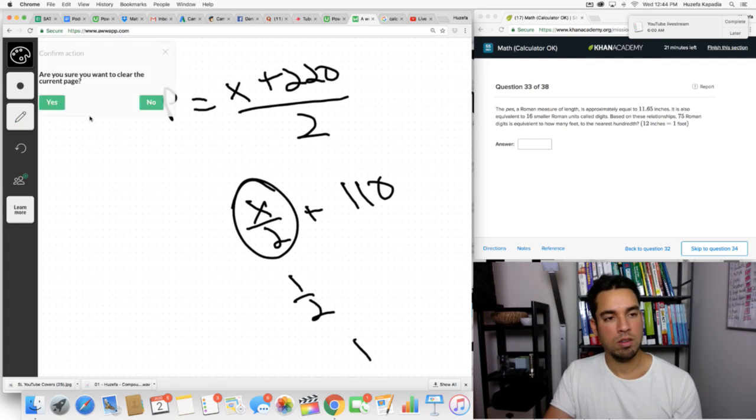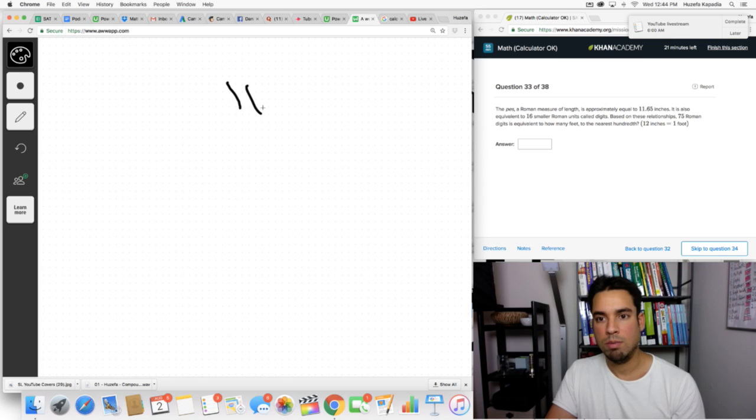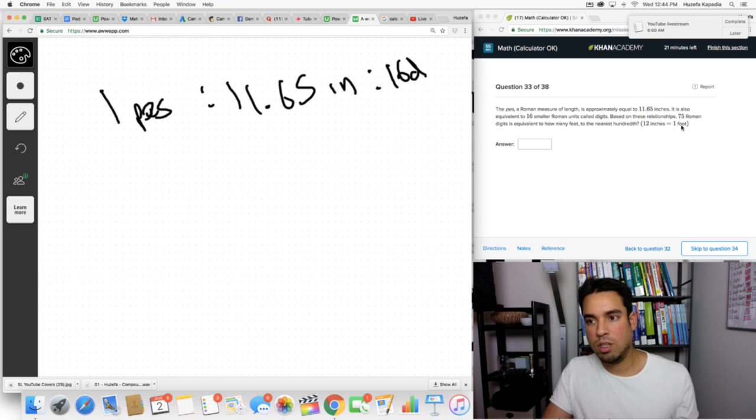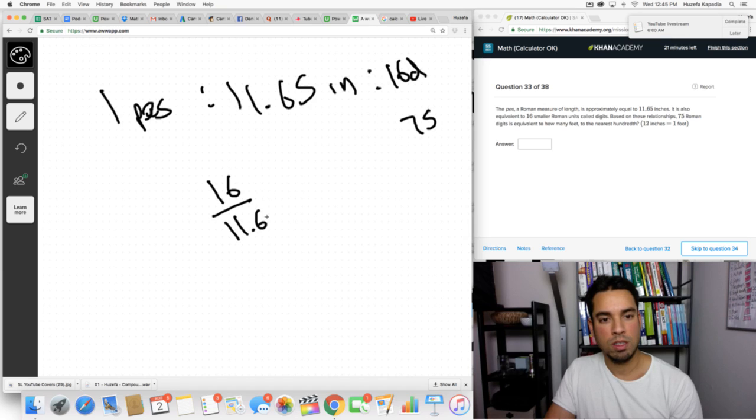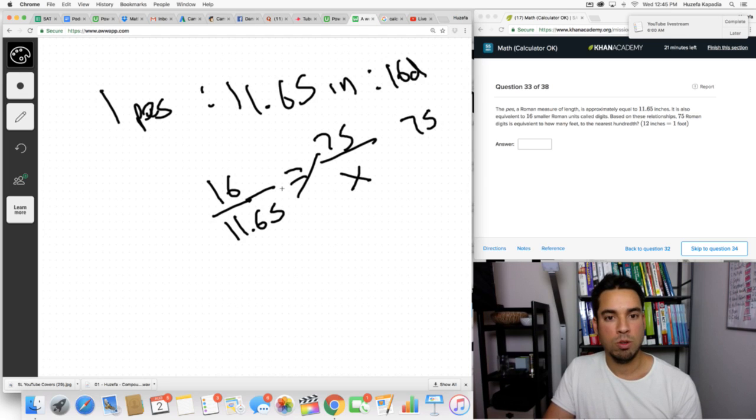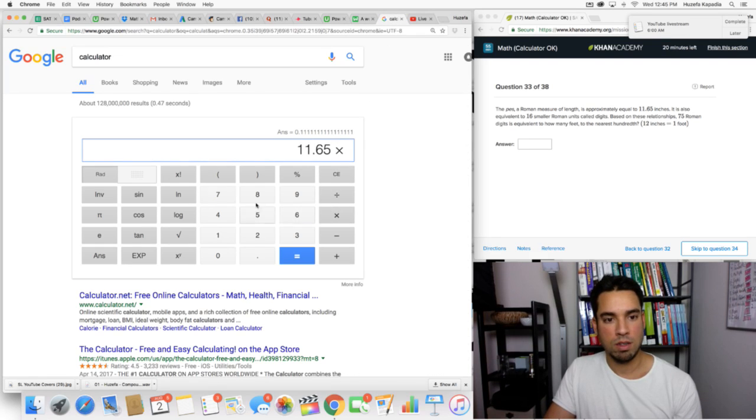The Roman measurement of length, the pes, is approximately 11.65 inches. So we'll do a ratio, 1 pes. Okay. It is also equivalent to 16 smaller units called digits. It's also equal to 16 digits. Based on these relationships, 75 Roman digits is equivalent to how many feet, to the nearest hundredth? So 75. So let's set up a ratio. 16 over 11.65 equals 75 over x. Now this is in inches, so we're going to have to convert to feet eventually. So let's cross multiply, right? We got 16x equals 11.65 times 75. 11.65 times 75 equals